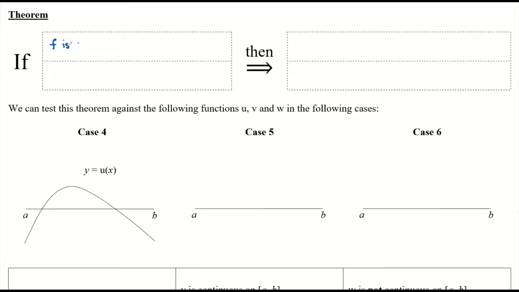If f is a continuous function on some interval of the real line, so on the interval AB, we needn't specify any more. We know we're talking about an interval of the real line with A and B included. So if f is a continuous function on that interval, and we need another condition, we've got space for something else, and